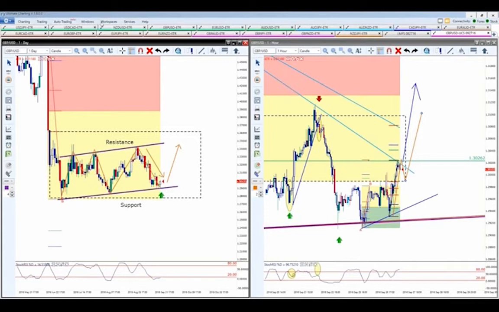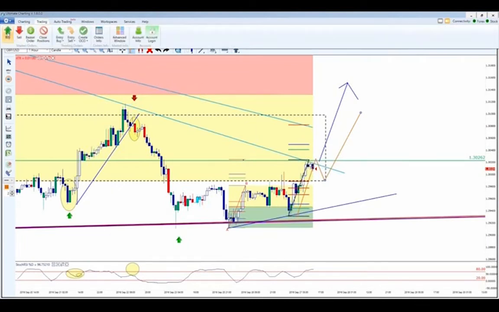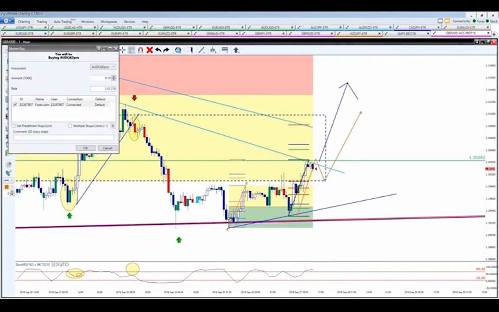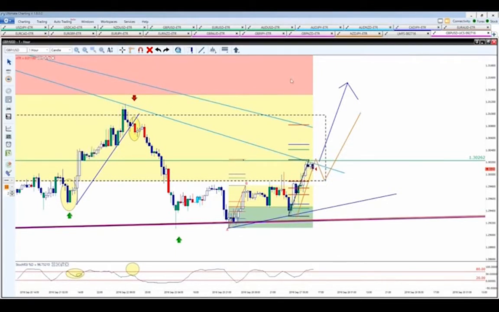The other neat thing about our charting platform, if I wanted to place a trade right now, let's just say that a trade opportunity presented itself right here, you can actually trade live right from the charts. So if I want to buy into the market, if we simply right click, let me delete this here. And we'll teach you and show you how to do this. There are videos and tutorials I'll get you access to today to show you how to do this.